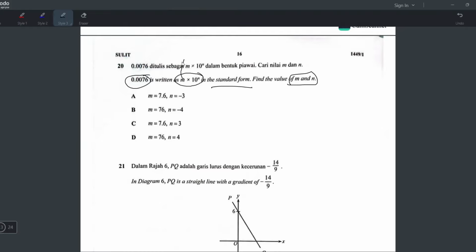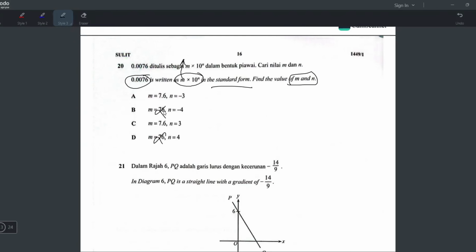this m number right here can have a decimal, but before the decimal it can only have one digit, and that digit cannot be 0. For example, 3.2 like that. That means before the decimal can only have one digit, and of course the digit can't be 0. So you know B and D are automatically wrong already. Because